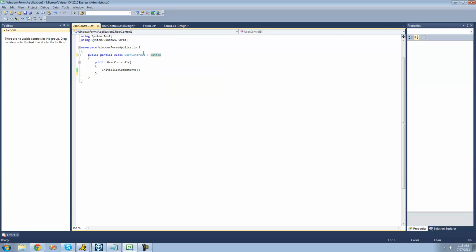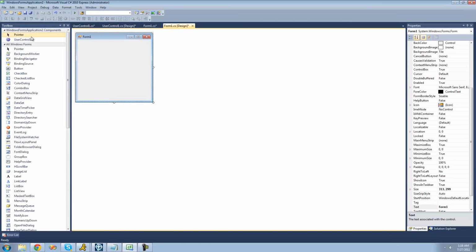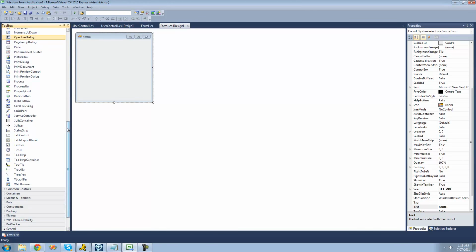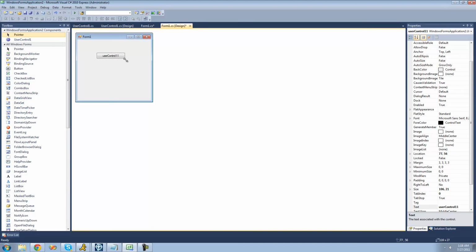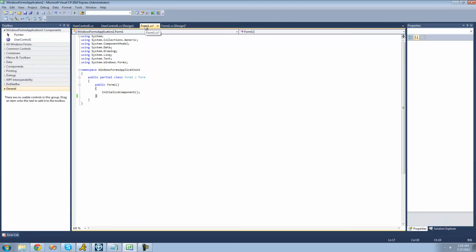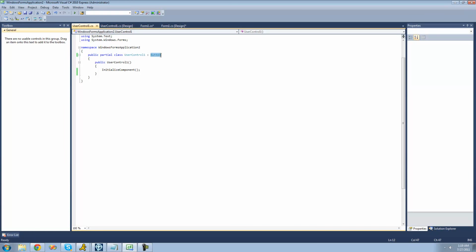So now that we inherited from our button class right here, if we were to drag this user control onto the form, we would just get a button because it's inheriting everything from that button class. So let's say we wanted to edit a few things inside of this button class. Well, what we can do is just inherit from the button class and then edit them in this class by